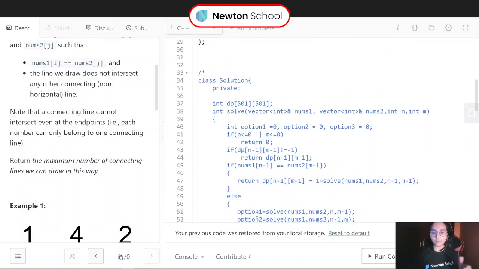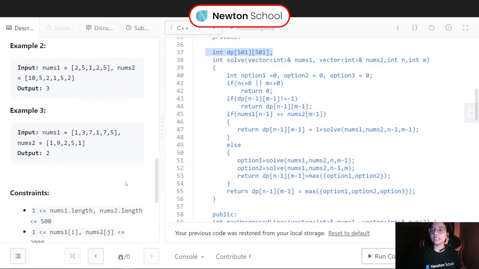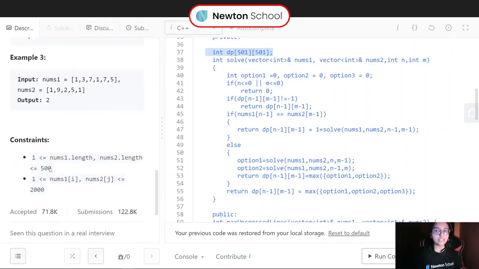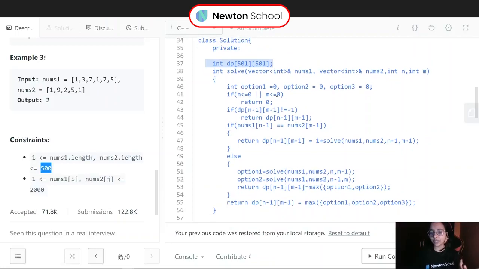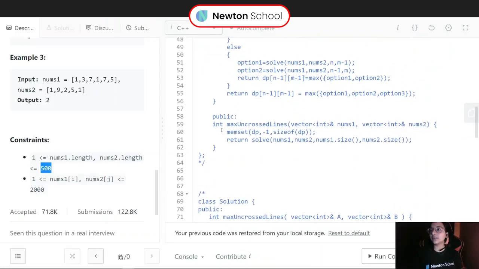Now comes the part about the memoization. So in memoization, we have taken a dp of 501 by 501 just because of the constraint given to us, that is we are having at max 500 elements in nums1 and nums2, so we have taken one extra just for handling the base case. And let us first start from here. Here we are taking our dp, giving it this size and initializing it all with -1,